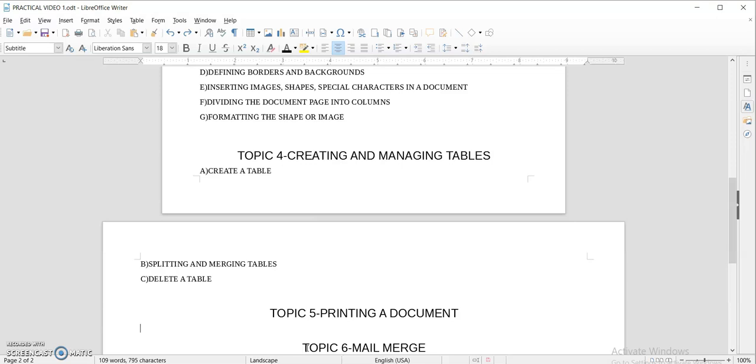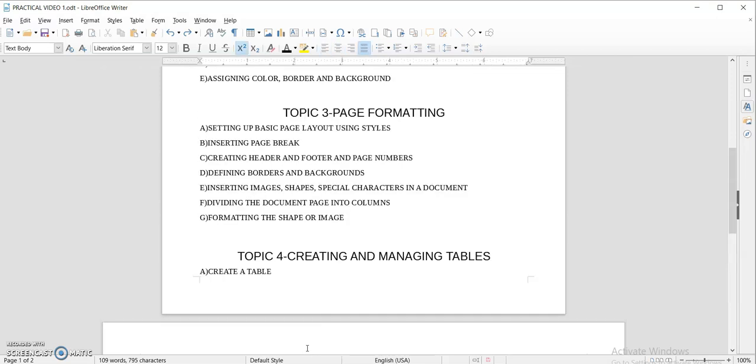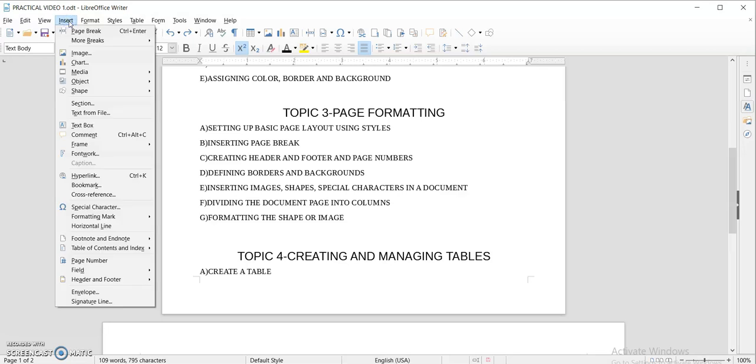The next topic is, if you want to insert the header and footer and the page number, you can simply move on the insert. Header and footer, you can write down the header in all the pages you want, or in one or two. It will show you the default style landscape. Or if you want to insert the footer, you can simply click over it.